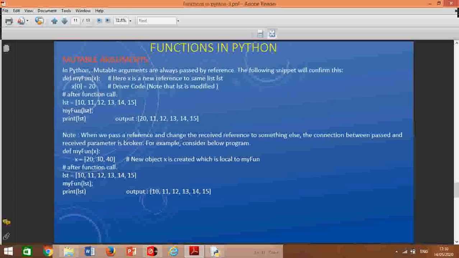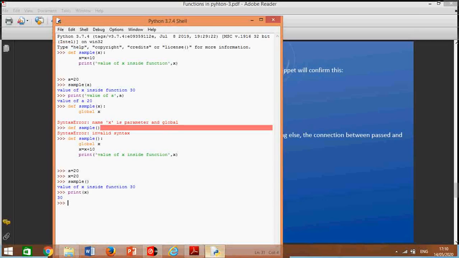Then I create the list and pass this list to the function. It will give me the modified list. So I can check it on the editor. See, def sample x.